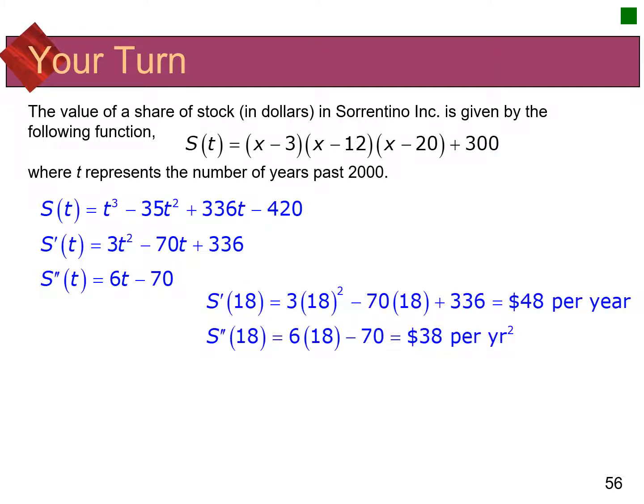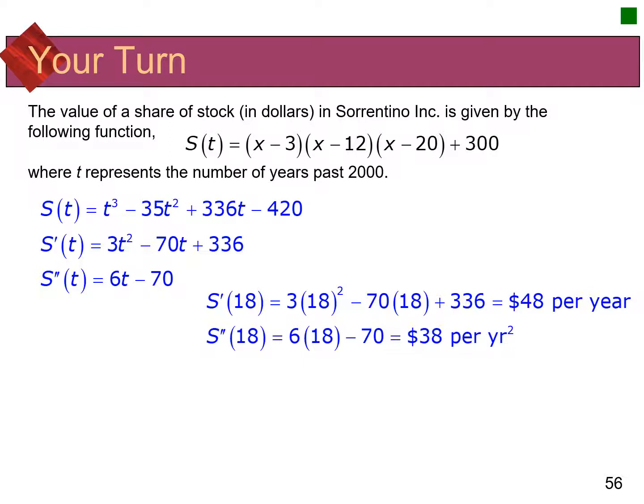I'm going to evaluate what happens at 18, which, t being 18, would represent the year 2018, which is what they asked us about. So when I plug 18 into the derivative function, which gives me the rate of change for the stock, is it increasing, decreasing? Basically, I'm getting $48 per year, which tells me that the stock is increasing by $48 per year at that point. The second derivative at 18 ends up being 38, which is $38 per year squared, which basically means